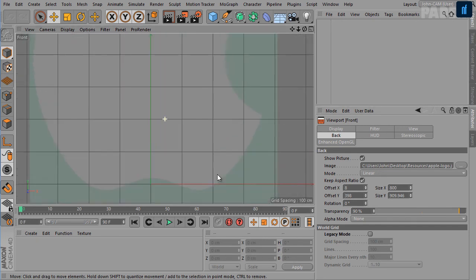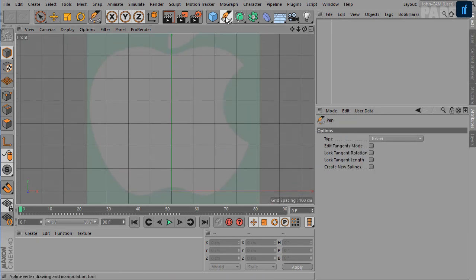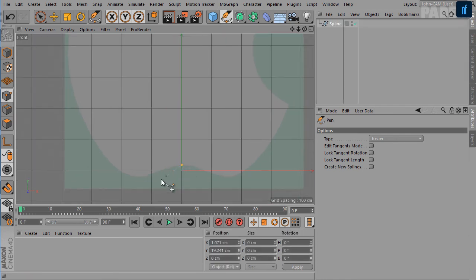Okay, now invoke the pen tool and create the shape.